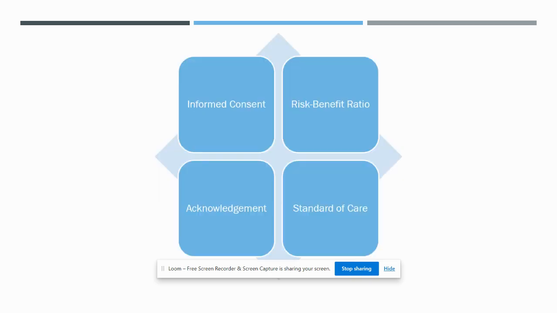So obviously, as we know, there are various different things that need to be accounted for within a proposal. First and foremost, as we talked about, every study must have informed consent. Informed consent is extremely important because it allows us to document the fact that our participants are actually willingly participating in the study. The risk benefit ratio must remain in balance, so that the apparent risks of a study do not outweigh the benefits and potentially endanger the participants.